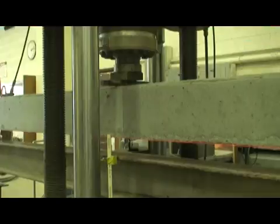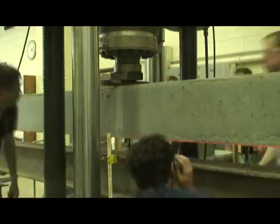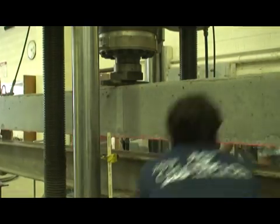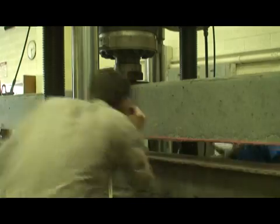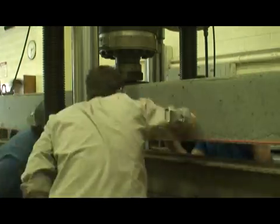The challenge of the Big Beam competition is, of course, to design a beam so that you can accurately predict the failure load and the deflection at failure. Despite our lack of experience, our structural design was very similar to one created independently by Hanson for us to compare our design with. So we feel that we were very capably able to learn this new skill and overcome